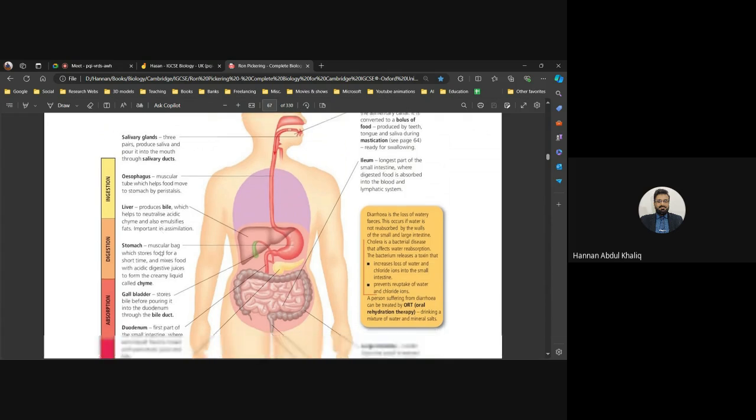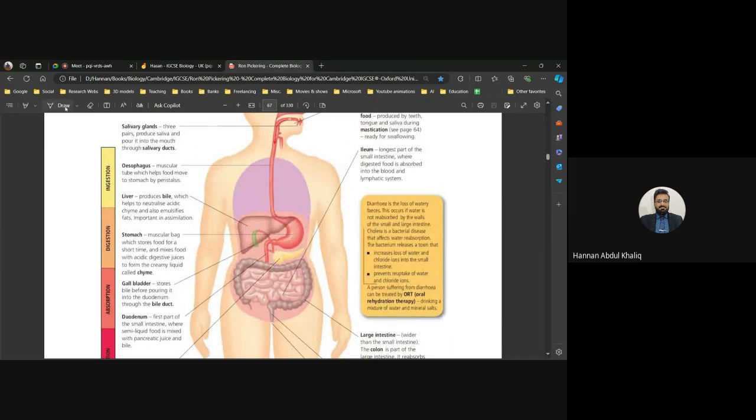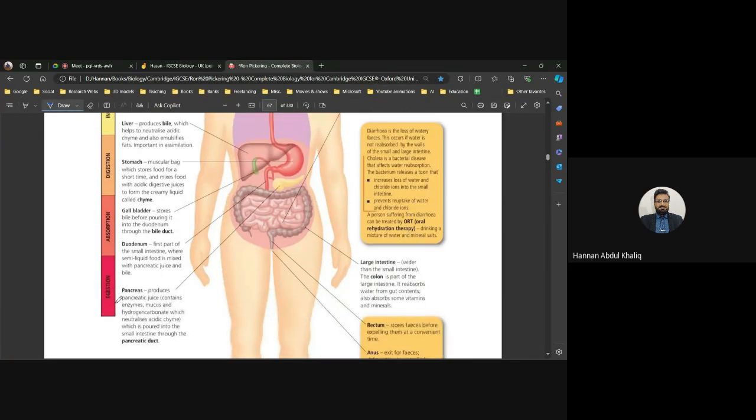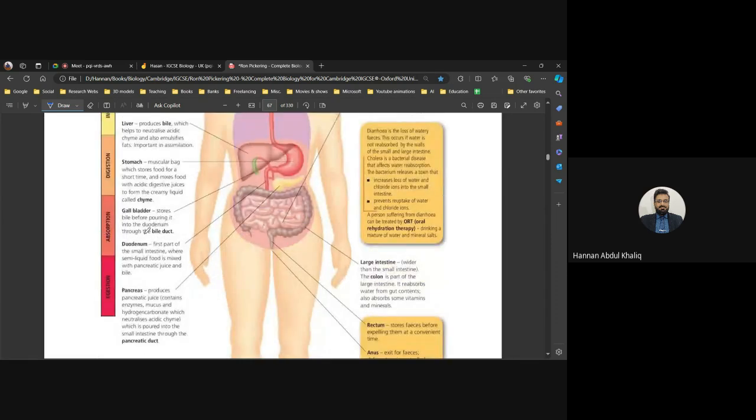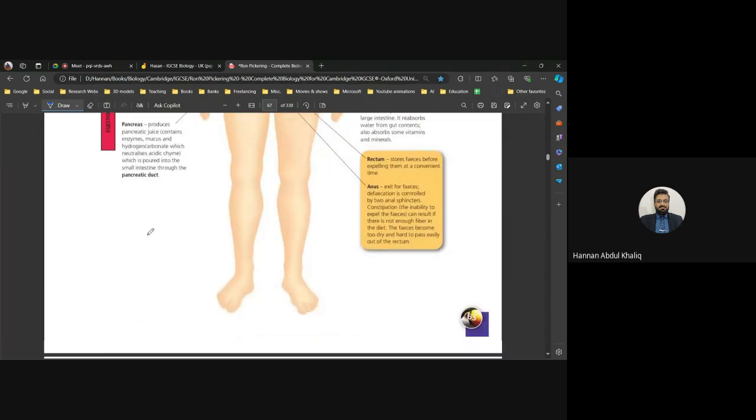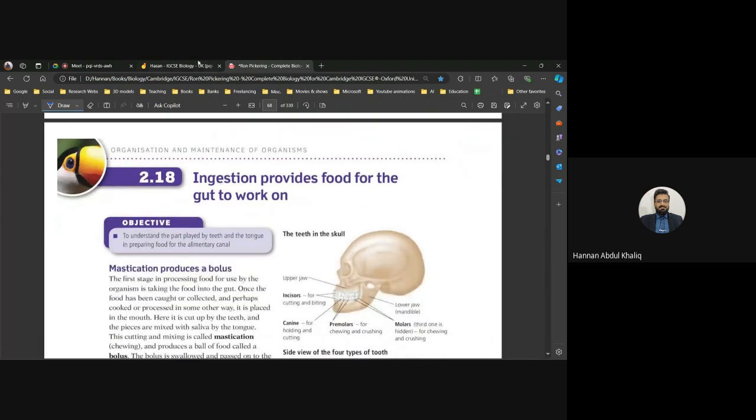So now you can see that they have also written this one over here: ingestion, digestion, absorption, and egestion. So this thing is also written over here, and we can discuss that later. First of all,